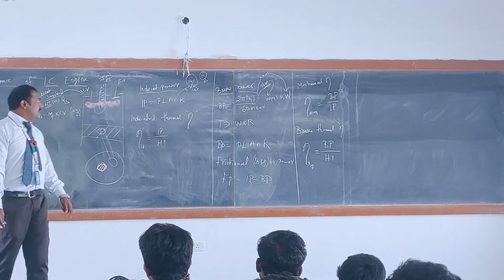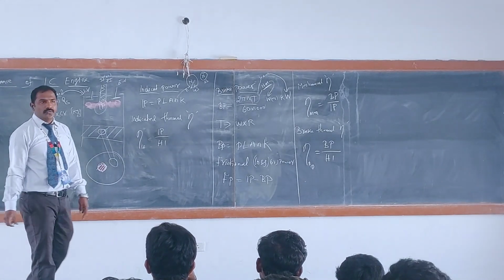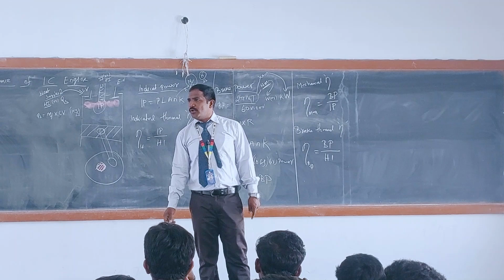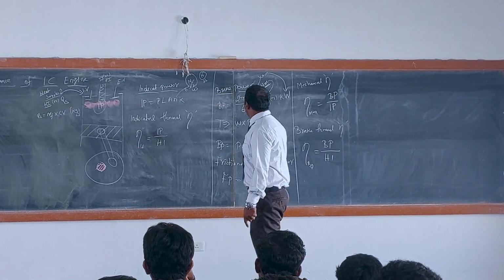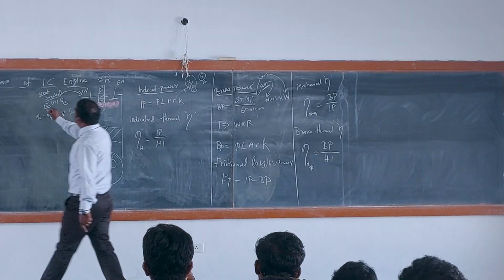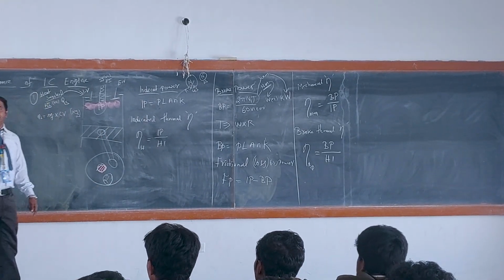Correct? Then this is a summary. What about the heat loss? What about heat loss? We have heat loss also, right? We have heat loss. Correct? So, for example, we go for input output. This is our input. This is our output. No changes. No changes. In between, we